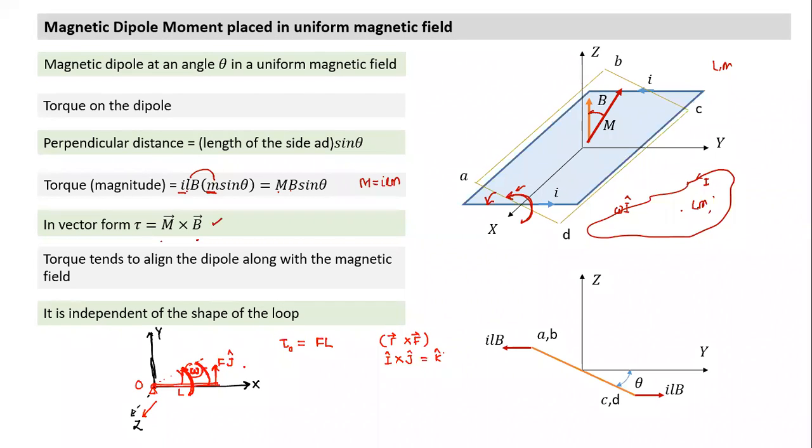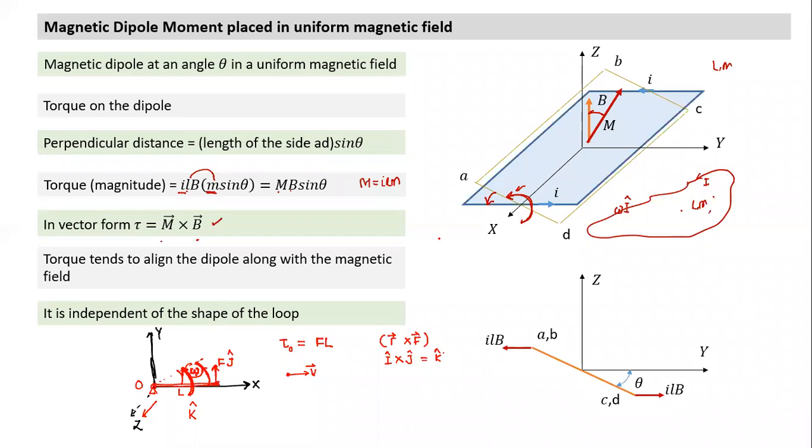And see, any object, when it starts moving from rest, if you apply a force, which direction does it move? What is the direction of velocity if your object starts moving from rest under the application of force? The direction of velocity and force are the same. Similarly here, it started rotating from the state of rest. So the direction of omega and the direction of torque are the same. Which direction? It is along k cap direction.